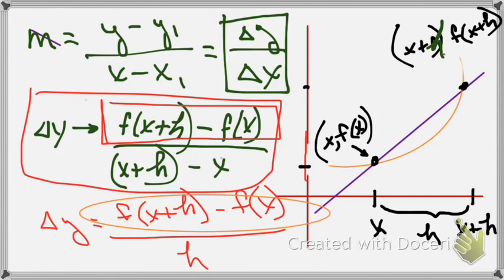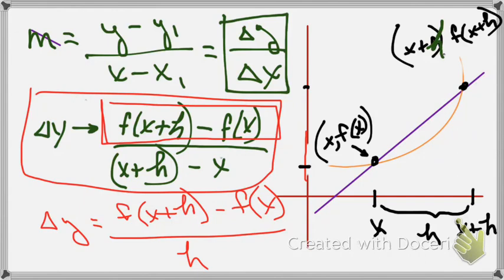Because the numerator is functions, you cannot cancel the x plus h or the x. The function forces you to leave those parentheses on there. The denominator, on the other hand, doesn't have an f. So you can take the parentheses off and take x minus x and get 0 and be left with h. Which means that the formula there that I have on the bottom in red is the slope of the line, which is actually the slope of the